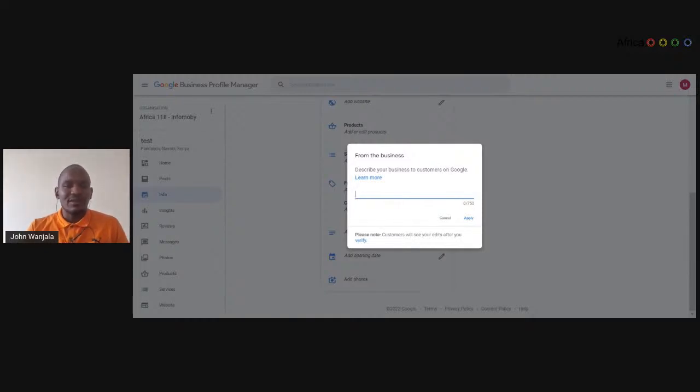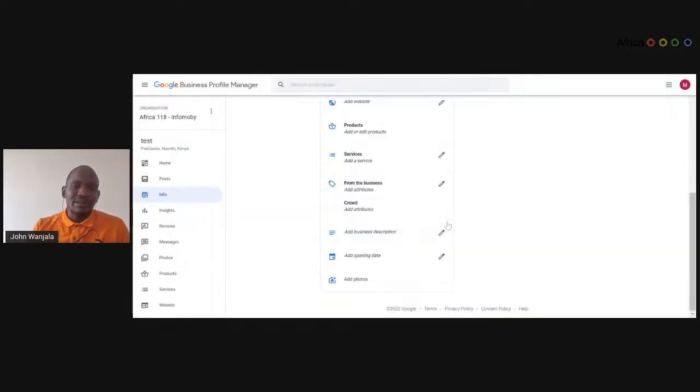So you can feed in this information, considering what are some of the keywords that people who are looking for your service or product online will be able to get about your business. So it only requires 750 words. But the good thing is, if you have something or a draft when you will be filling the form, just submit something and we will be able to come up with that for you as a